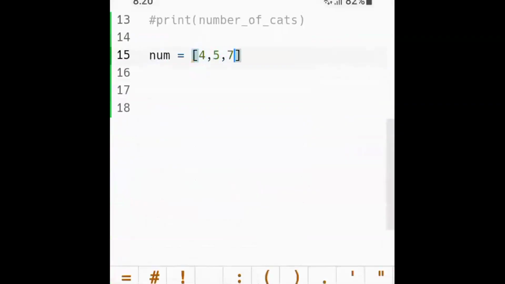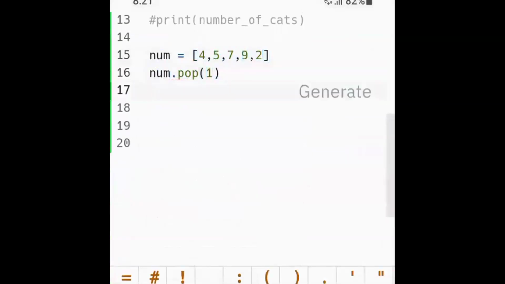Then I'm creating another array here. Now remember I said same data type. So earlier it was all string types, here all digits. So remember in an array all the items should be the same data type. So here all digits, 4, 5, 7, 9, 2 in that order. Num is an array here. So now I want to use the